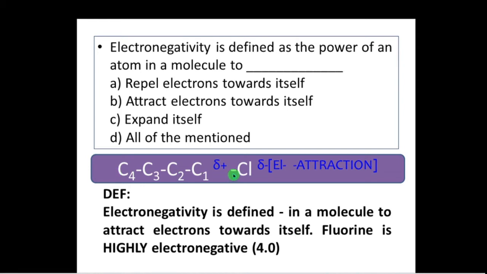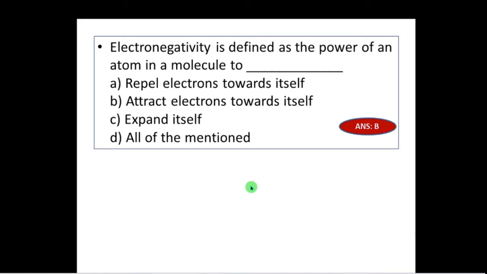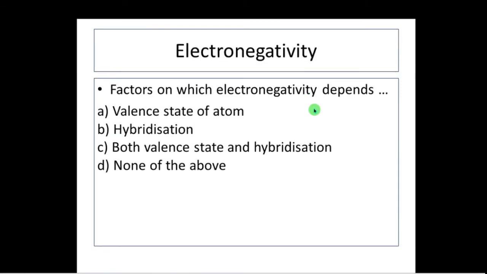So see the example here, the chlorine is attached to the carbon 1, 2, 3, 4. Due to this particular attraction there is an inductive effect, and as we know the highest electronegativity is given to the fluorine for the attracting nature. So as above, what we come across is that option B is the correct one, because electronegativity is attracting the electron towards itself.